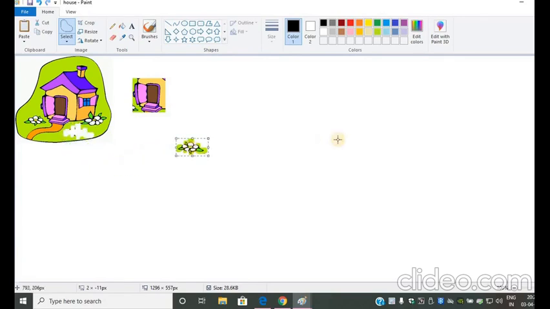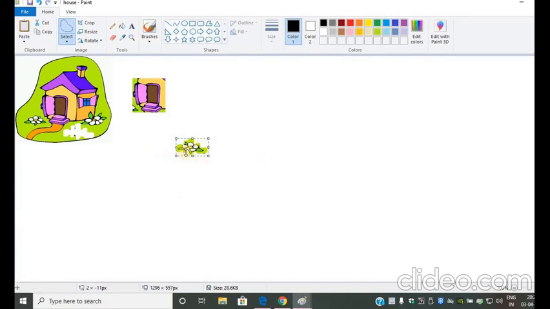So I can select a flower in this way also using the free form selection. Using the rectangular selection, we can select a particular fixed part of the object, whereas we can select an irregular shaped part of the picture using the free form selection.